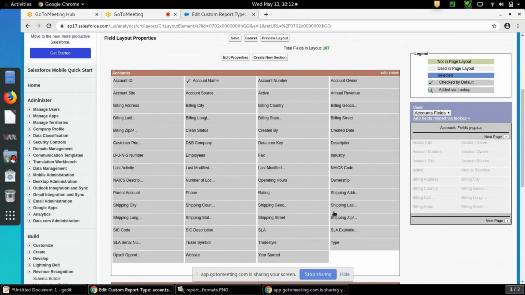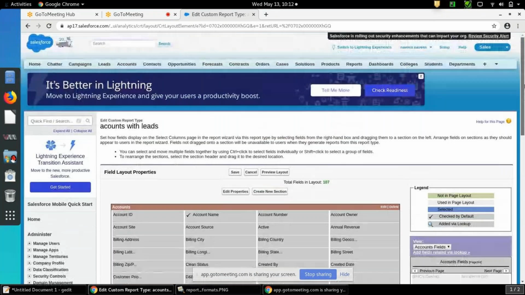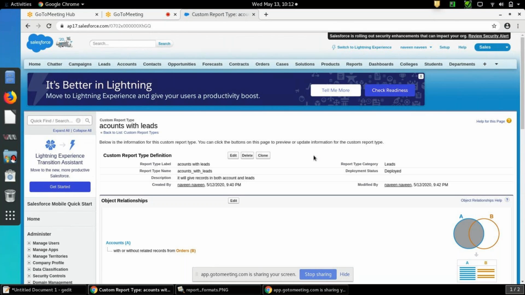Suppose if you don't want a few fields, you can just remove them from here. So like that you can see. Okay, this is about report layout. You can create according to a requirement.